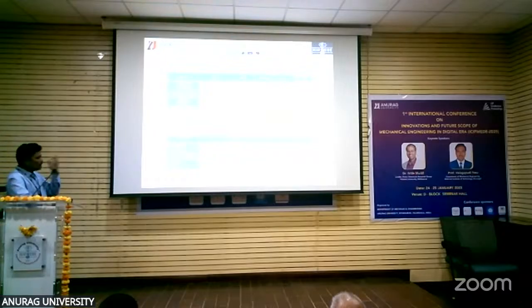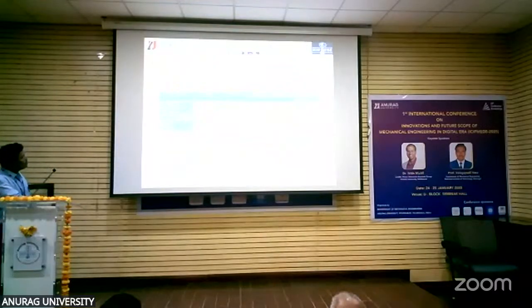So by using the ANOVA analysis, observe here, the current is the most influential parameter. Coming to the tool wear rate, the voltage is the most influential parameter. Then for surface roughness, the most influential parameter is the pulse on time. So based on the analysis, the results are mostly the best mean values for the material removal rate and tool